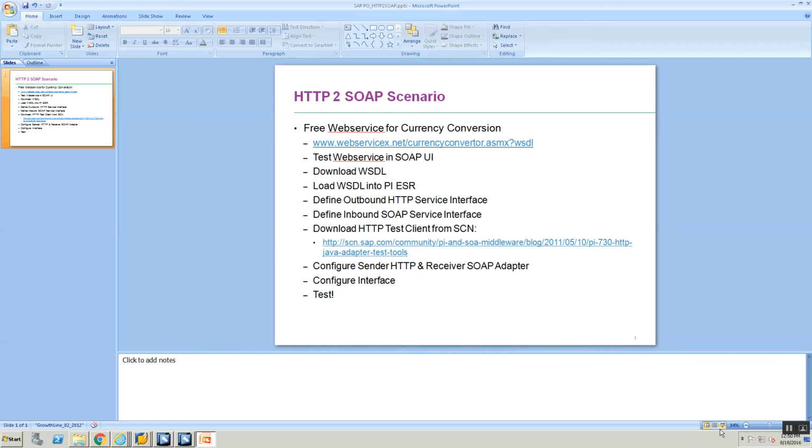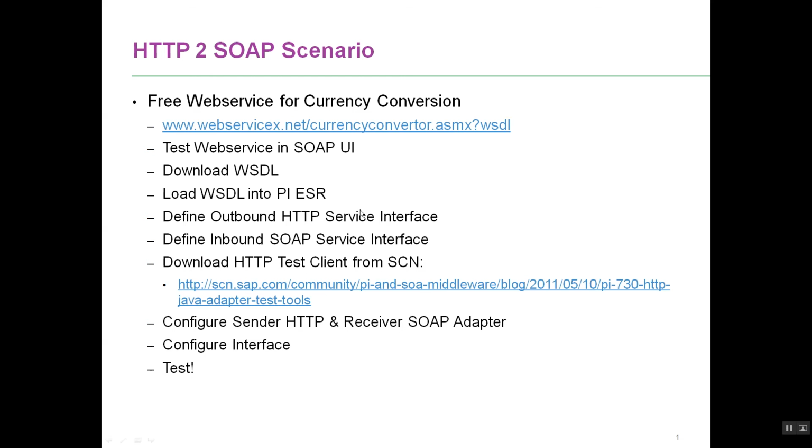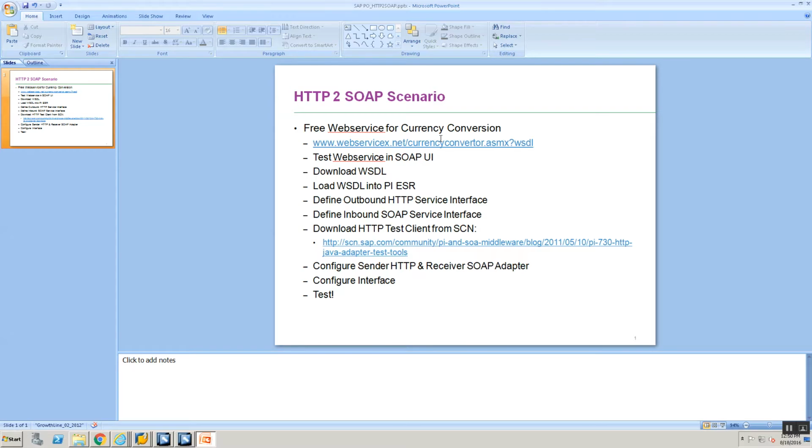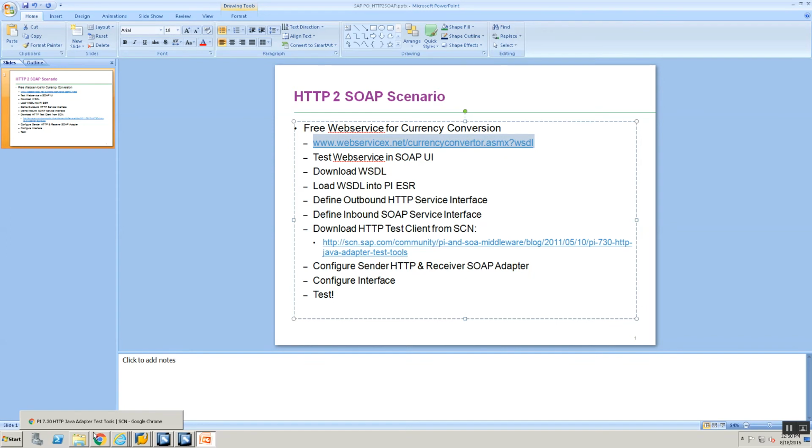So what are the steps that we are going to follow here? The first thing is the web service that we are going to call. This web service is going to be a currency conversion web service. So it's going to take two inputs, a source currency and a target currency, and using those inputs, it's going to get a response back. This is a publicly available currency conversion web service on the internet, so we're going to use this service. Let's see how we do that.